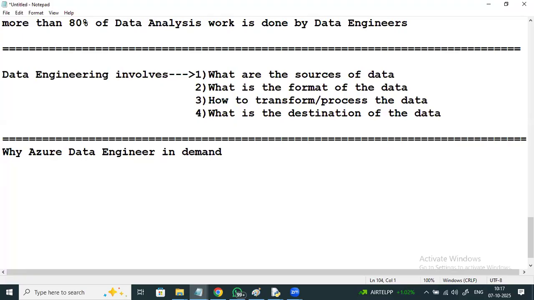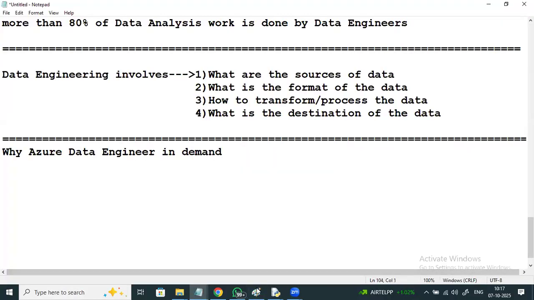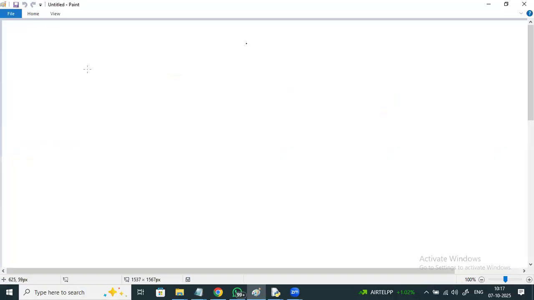Okay. So just observe this. An organization wants to increase the business revenue by utilizing the customer behavioral data on its website. The organization is using Azure for its operation.